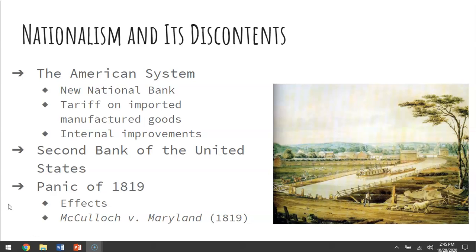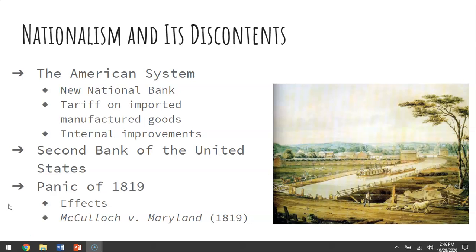They also printed paper money. Paper money at this time consisted of notes that promised to pay the bearer on demand a specific amount of specie, which would be gold or silver. So the value of the currency issued by individual banks really depended on that bank's reputation for stability. Since banks often printed far more money than they had specie in their vaults, the value of paper currency fluctuated wildly.